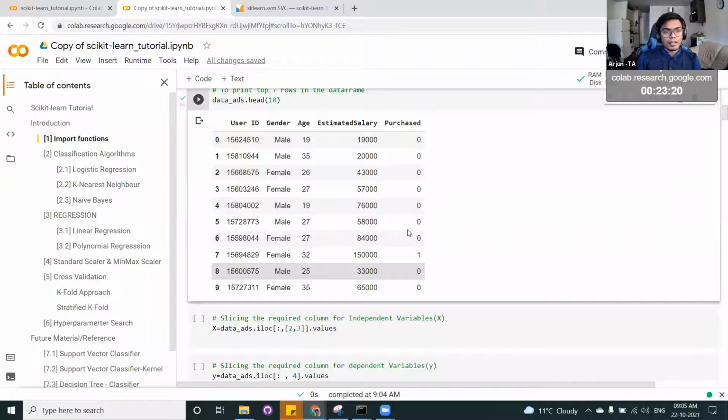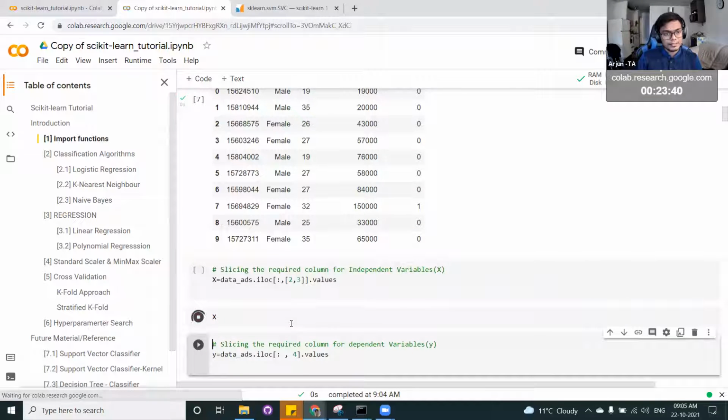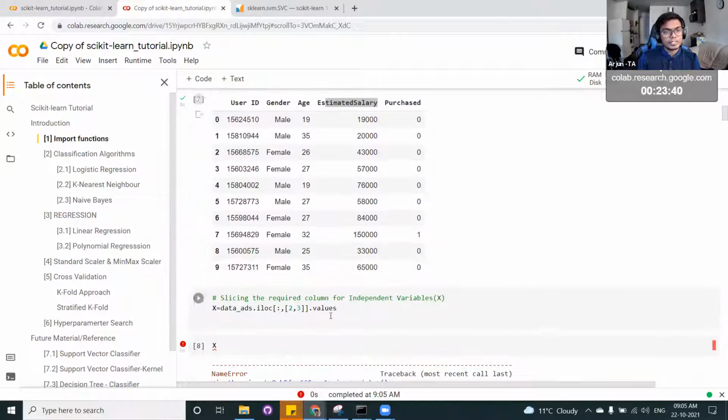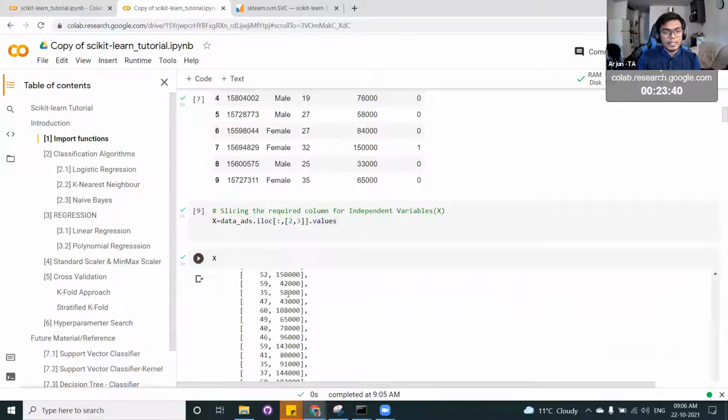In this problem statement, we will be taking two important columns: the estimated salary, and whether they have purchased or not. So if you print X, I have to run it. Yes, we will be taking age and salary.